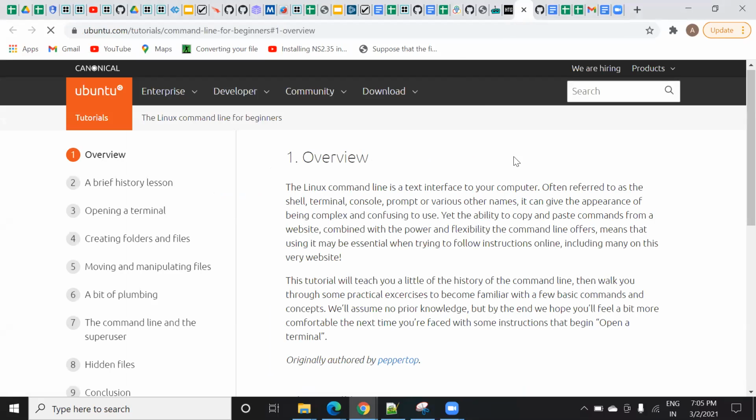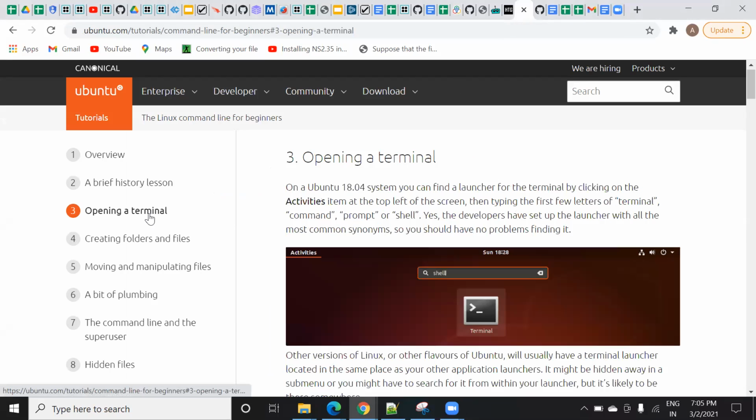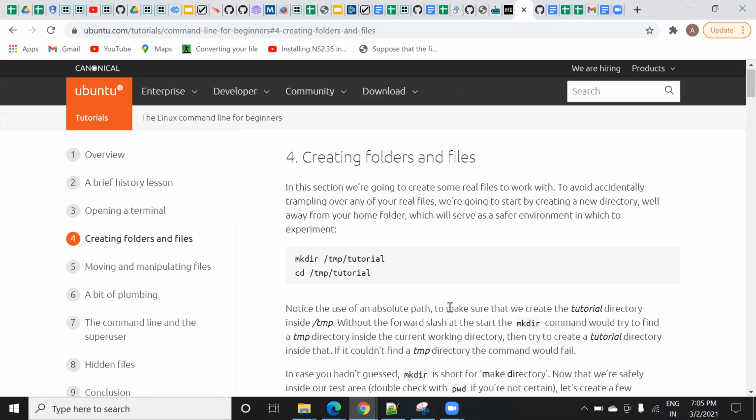So I want to tell some more commands. This thing you might be aware of, but I just wanted to explain more, like how you will create a directory. Suppose you want to create a directory in a particular path. You can do it in two ways.